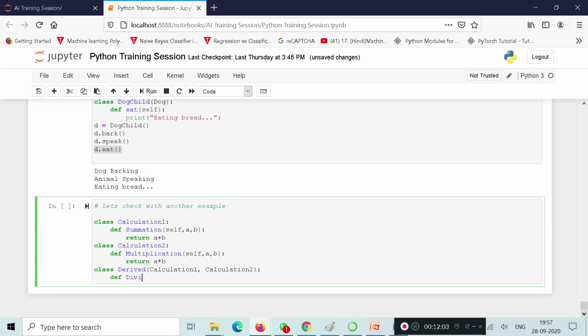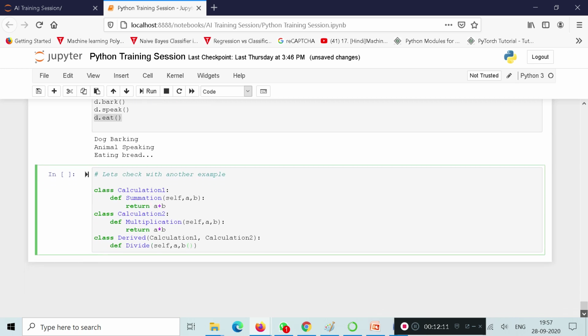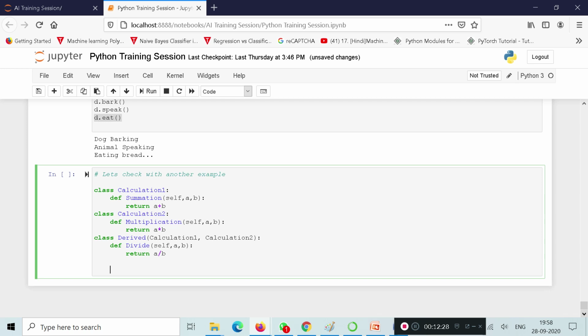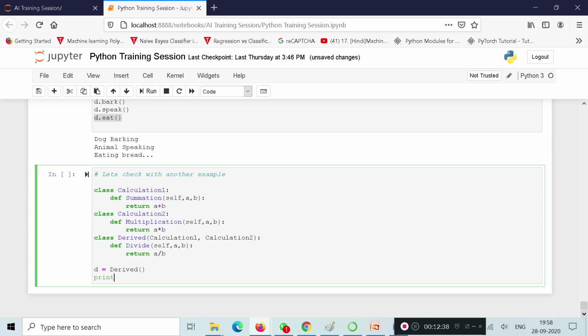def divide self a comma b, now we'll have return a slash b, a divided by b. Let's say d is equal to derived, third one, bracket open close, and now print